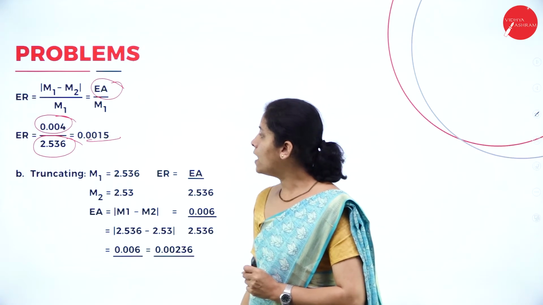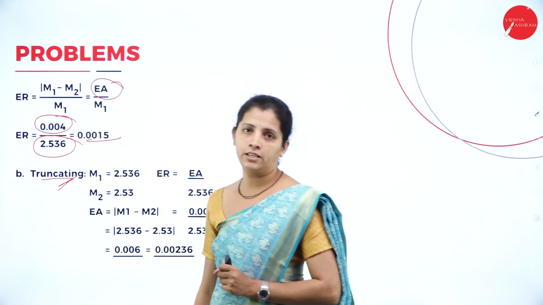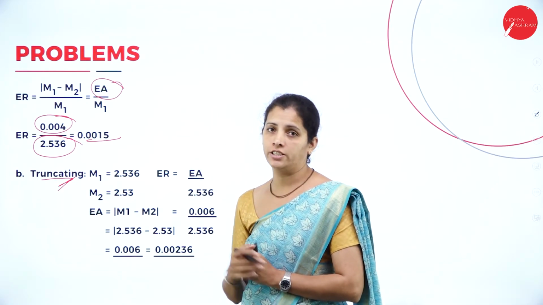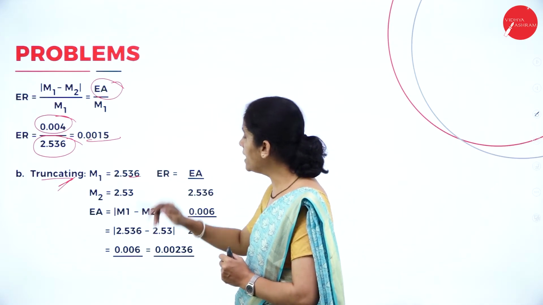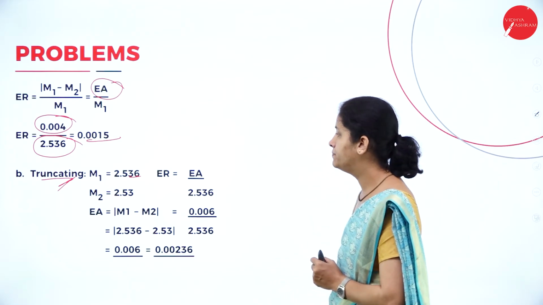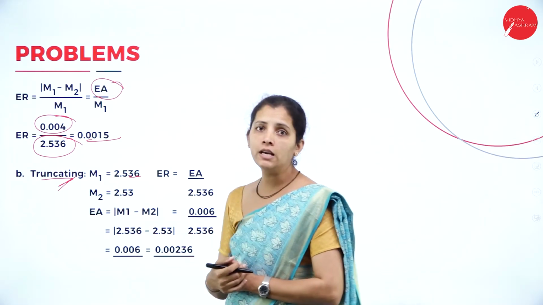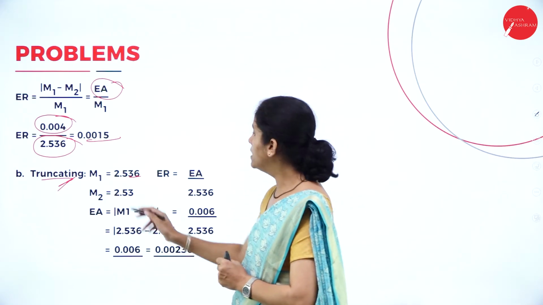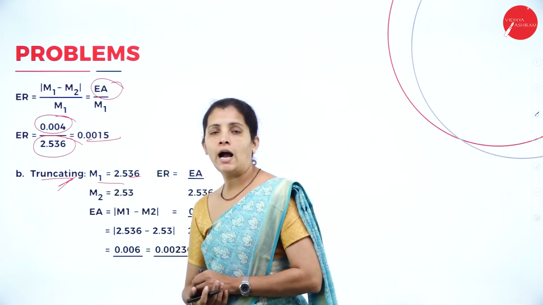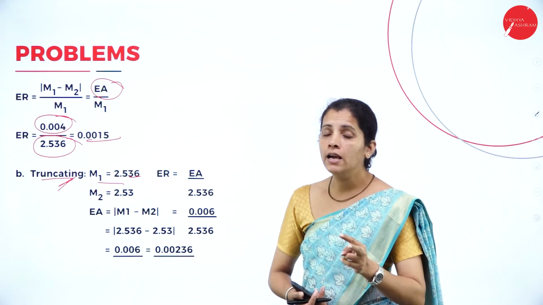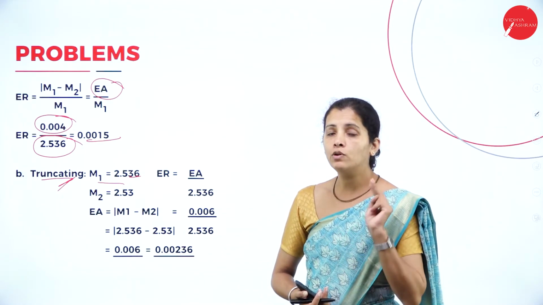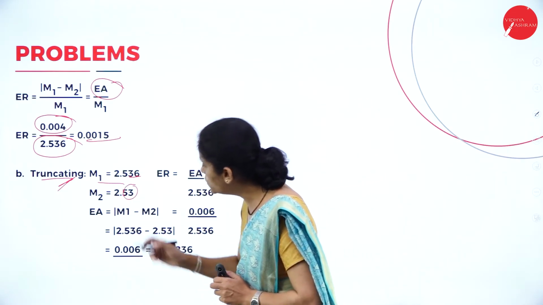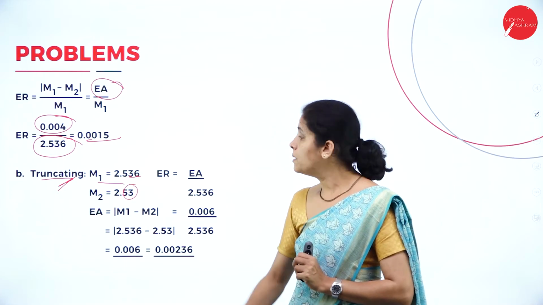0.0015. Now, if I truncate, in the sense what? I want to truncate 2 digits. Now, M1 is nothing but my true value or actual value. Then what about M2? I want to truncate the number. I am going to truncate only 2 digits. When I truncate, my number is